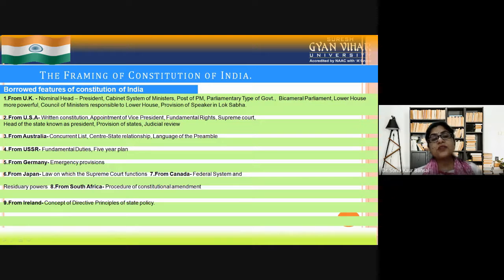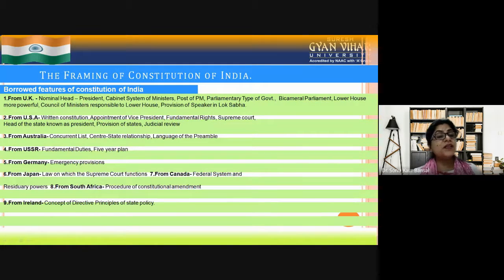And on 24th January 1950, the last meeting of the Constituent Assembly was held and the Constitution was signed and accepted. This is a very important date, 24th January 1950. It was signed and accepted with 395 articles, 8 schedules and 22 parts. And then 26 January 1950, the Constitution came into force. This work process took 2 years, 11 months and 18 days at a total expenditure of rupees 6.4 million to finish.